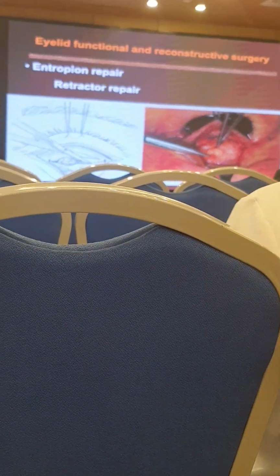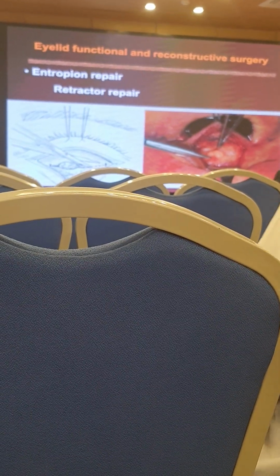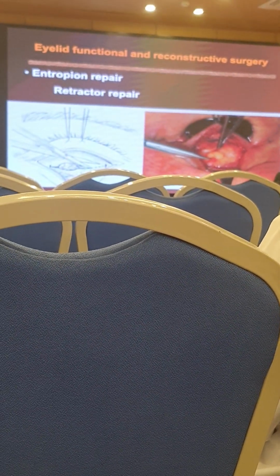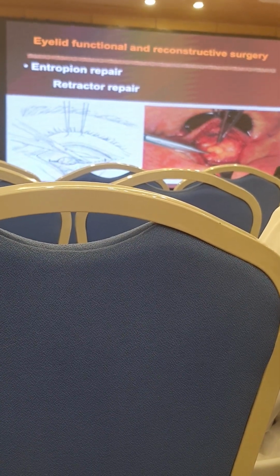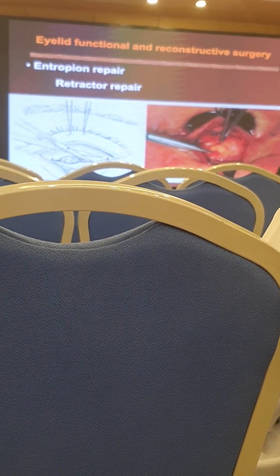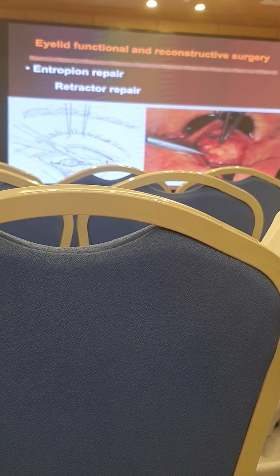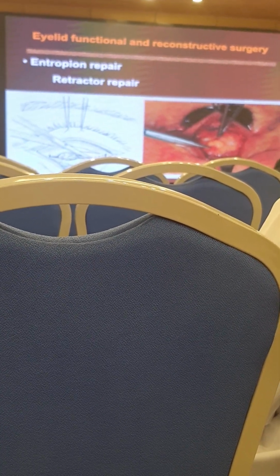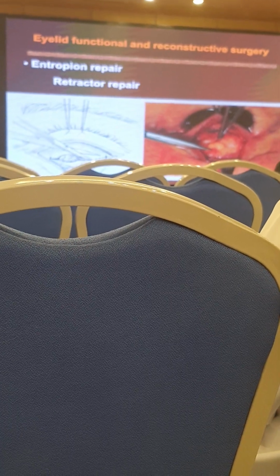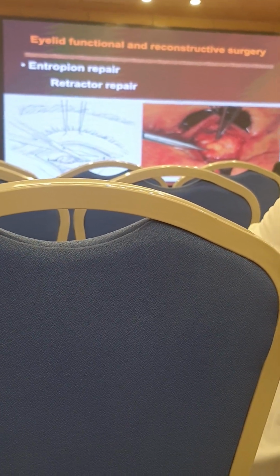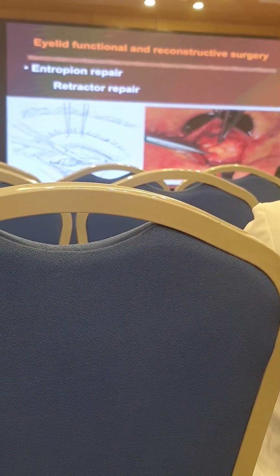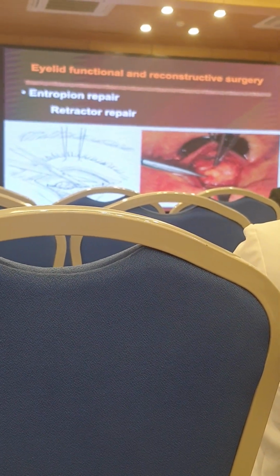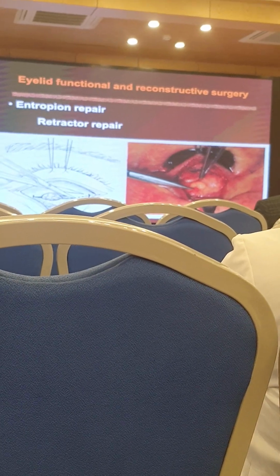In some severe cases, I'll do a combined technique of lateral tarsal strip and make an incision all the way across the lower lid and look for the lower lid retractors. It's similar to doing a ptosis repair on the upper lid. You find the dehisced edge of the aponeurosis of the levator and you bring it back down and reattach it. Well, with the lower lid retractor repair, you look for that lower lid retractor that may have dehisced and you put in some internal sutures, perhaps micro sutures, and you attach it to the bottom edge